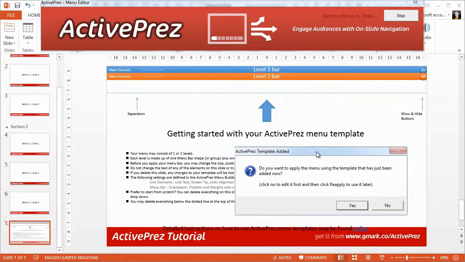I now have the option to not apply the menu and go and edit that template and move things about, change the colours, change the fonts, change the styles. I'm going to apply it as it is, just to show you how quickly this is to do, and then we can go back and edit the template afterwards. So I want to use it now,